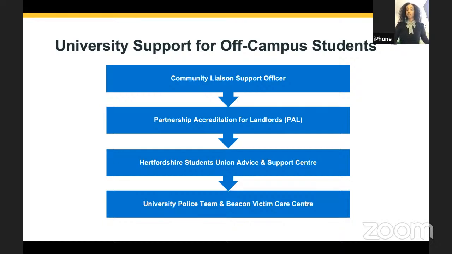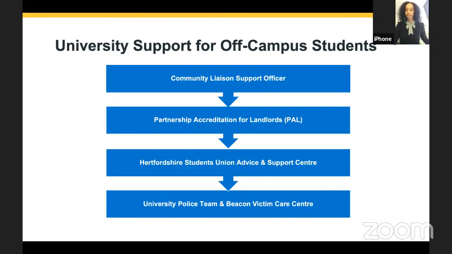So the university's dedicated police team communicates with the university, and they are the first point of contact for university students. We have 3 police community support officers that are funded by the university. They patrol the campus and the off-campus properties as well. They communicate with the dean of students, and they highlight which students have maybe been victims of crime, have perhaps committed an offense, or have witnessed a crime. These officers encourage problem-solving techniques, and they're very community-oriented.